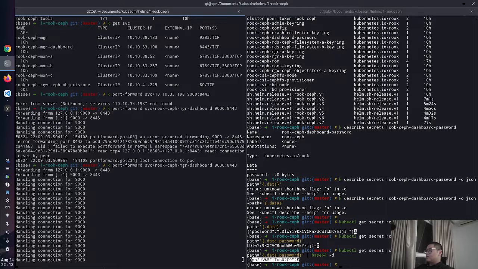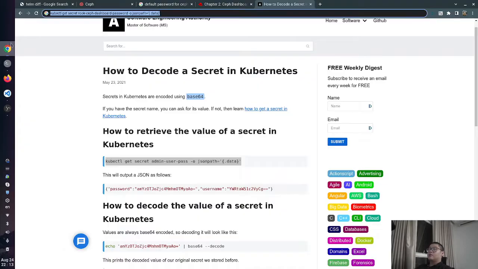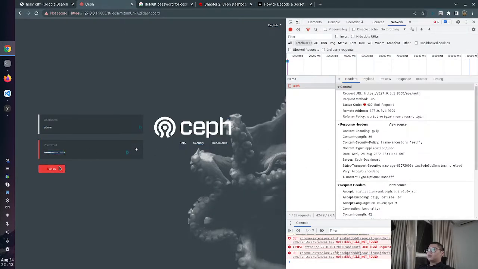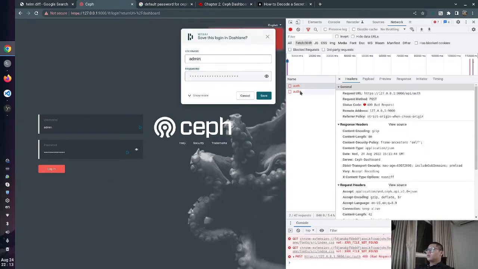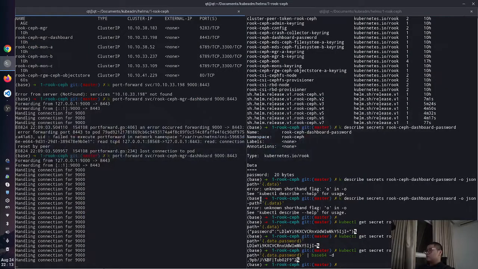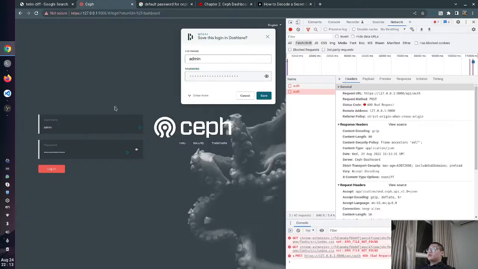Okay, I think this is the result. You can try to use it to log in. Okay, same row. I probably think my username is wrong, so